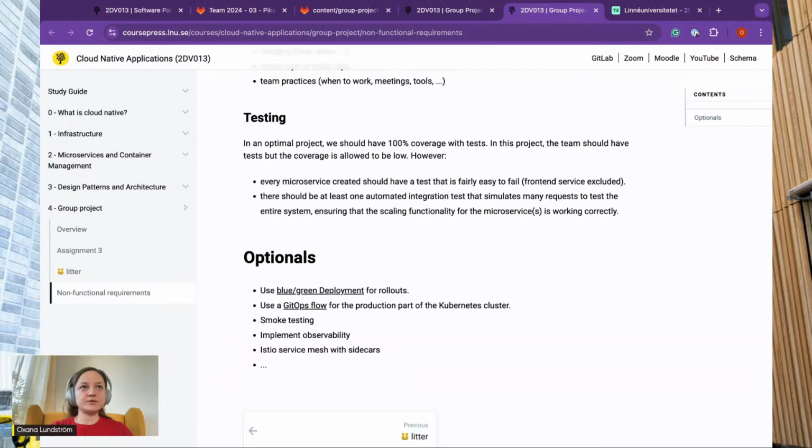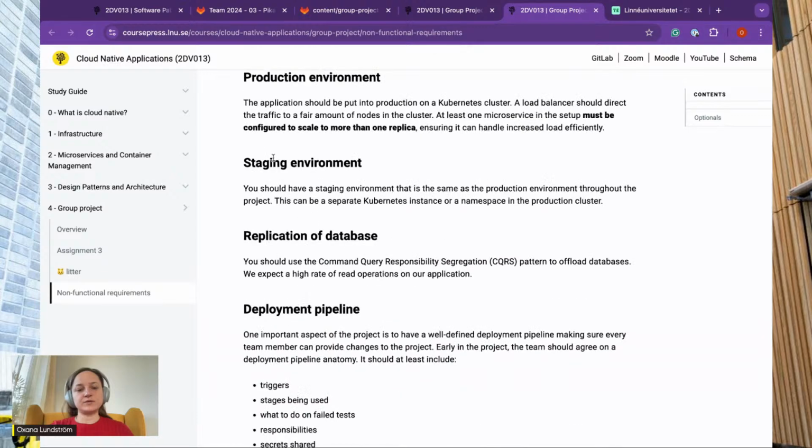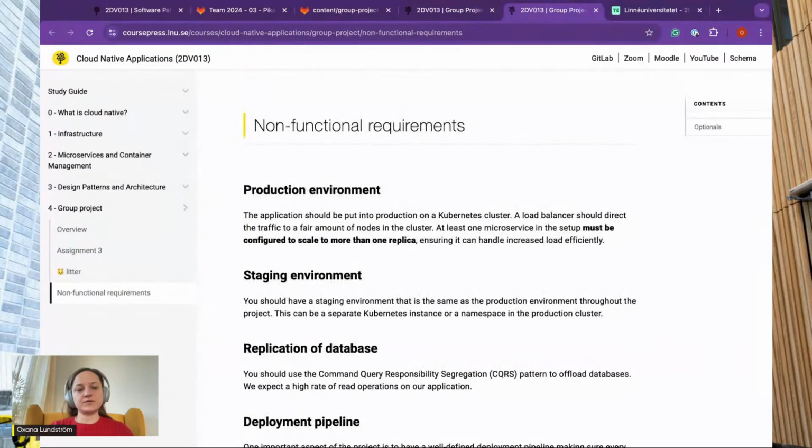You can write your own script that is pretty simple, but in some way try to feed the system many requests, so you can demonstrate that the microservice that you scaled over several replicas works correctly. So we try this at least for one type of functionality that you implement.